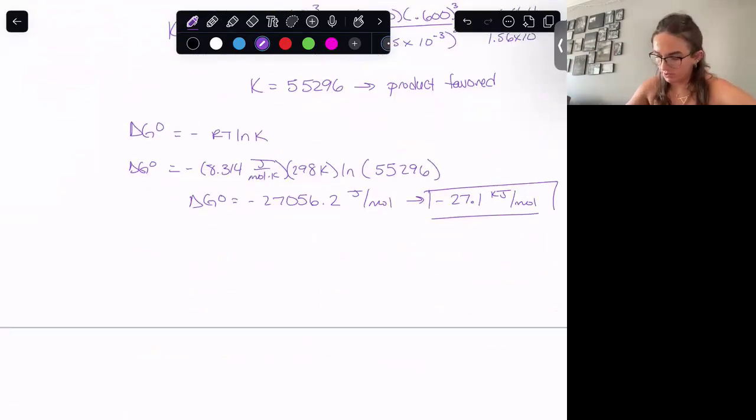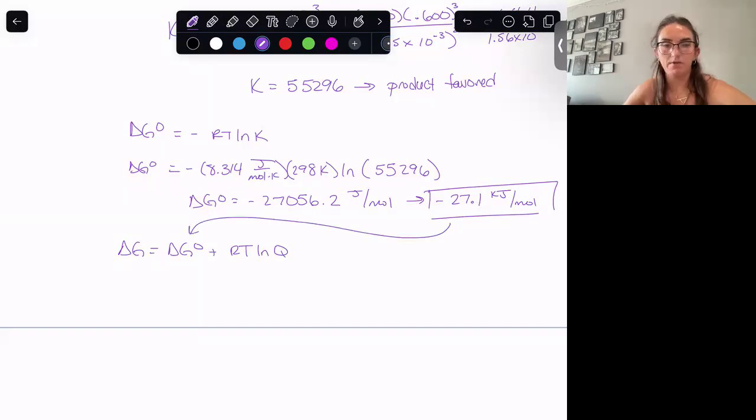Okay, and then just to wrap this portion up as well, we also have the other equation where delta G is equal to delta G naught plus RT ln of Q. So this is when we're not at equilibrium. So if I gave you non-equilibrium conditions, you could do the same thing. You would plug this delta G in for delta G naught, and then you'd be given other conditions. So let's say